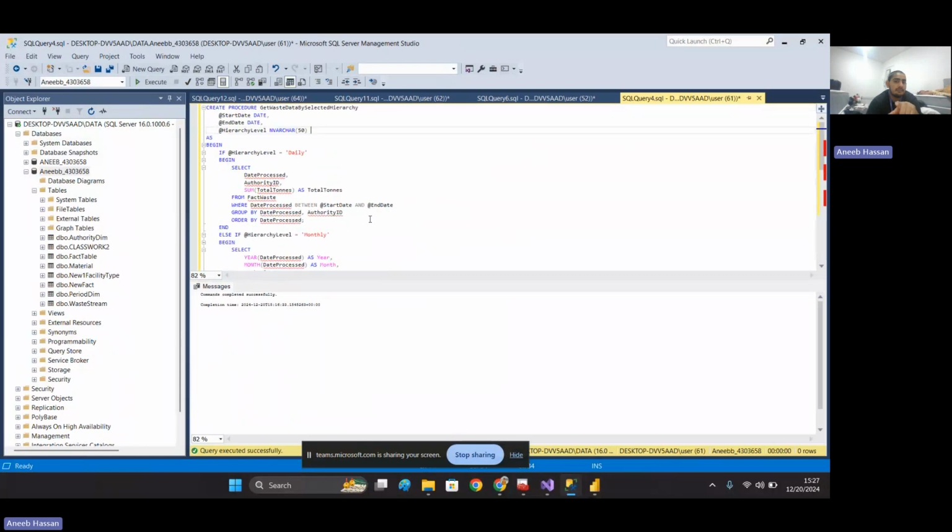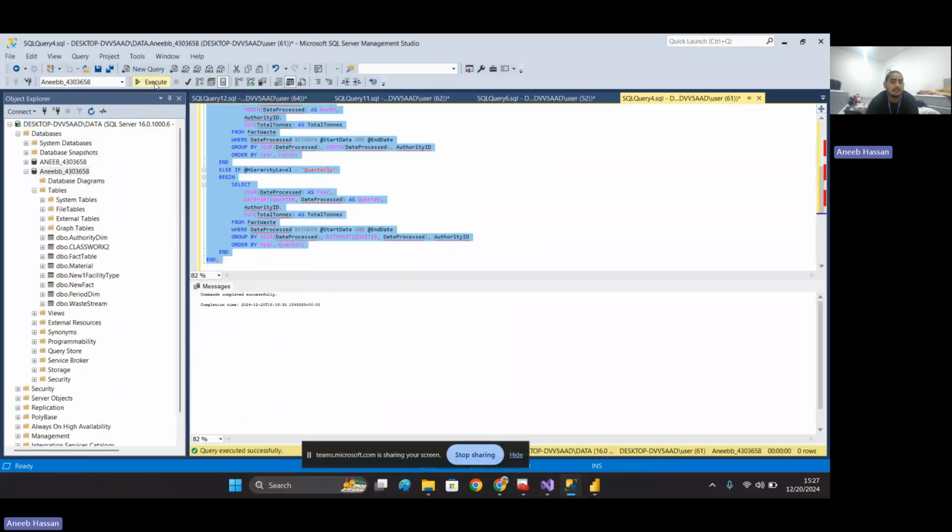After that, I have to build a dynamic hierarchy stored procedure in which I took three things that can be used for access: start date, end date, and hierarchical level, like monthly, quarterly, which one it is. For creating this one, we just select the code. Writing the code is really time consuming, so we just run it, it's completed, but it's stored in the